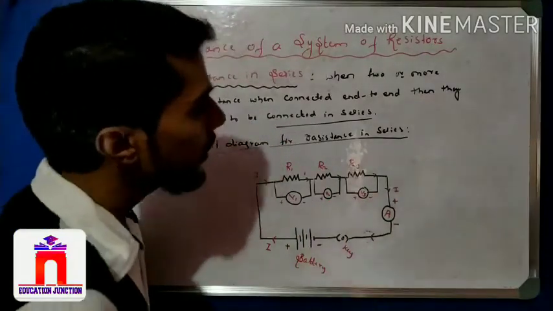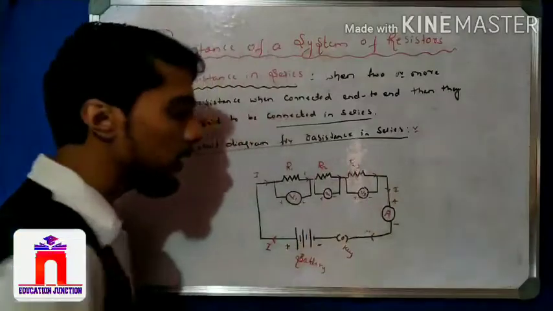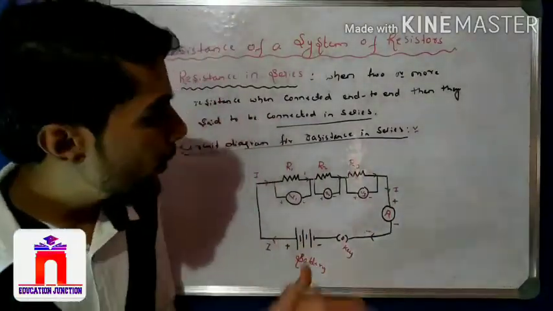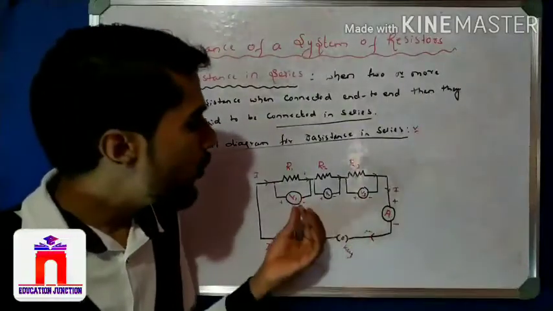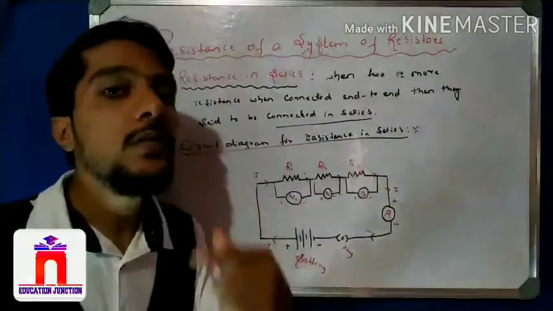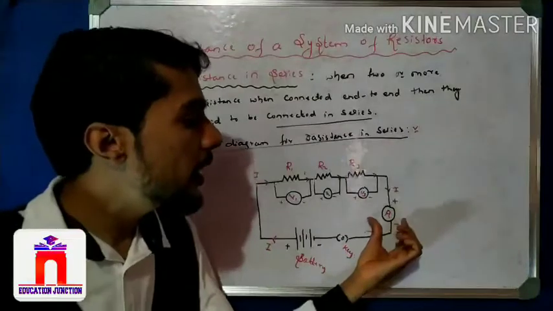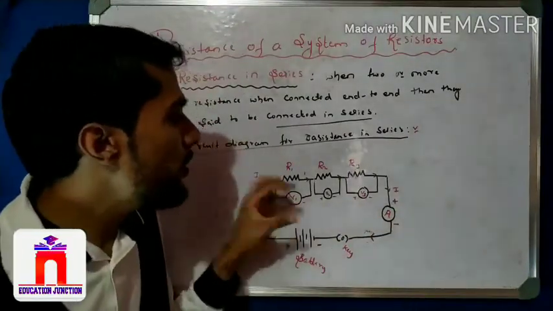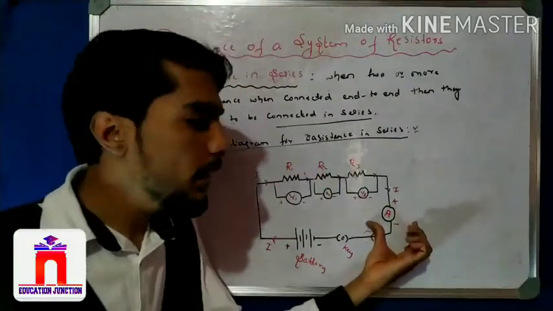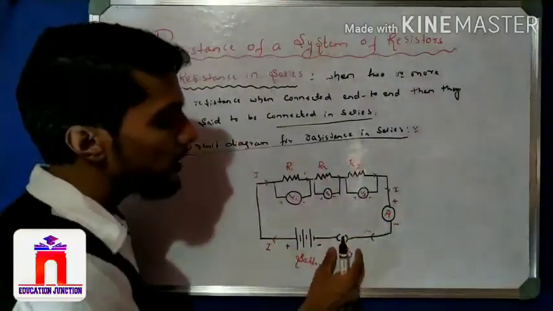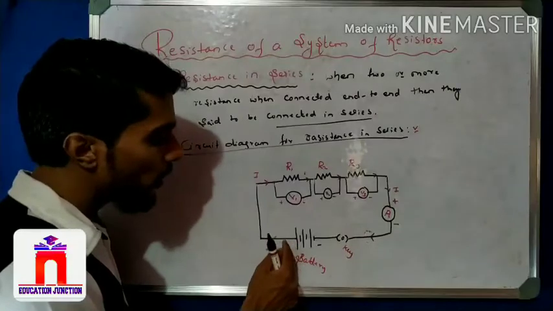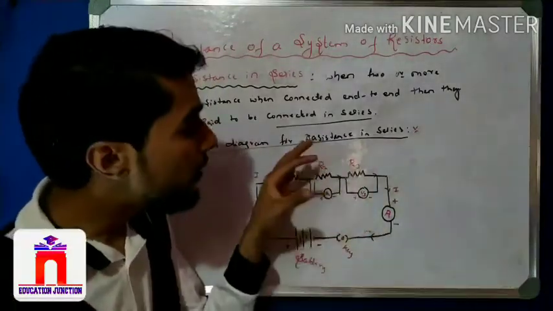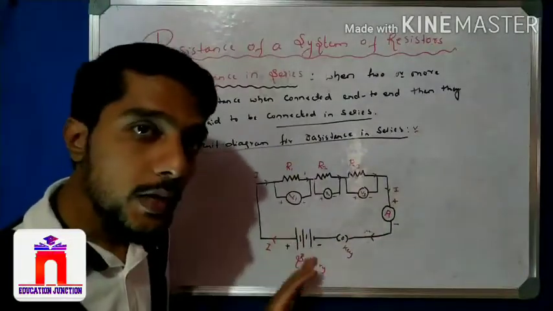So this is the circuit diagram for connection in series. Very simple one. You have to remember it for a 2 marks question, right? So how did we connect here? We learned in the first video of electricity that the ammeter is always connected in series, and the voltmeter is always connected in parallel. So it is a parallel connection for the voltmeter, and it is a series connection for the resistors. This is the battery, this is the key, and the conventional current flows from the positive terminal to the negative terminal. This is all about the circuit diagram of connection in series.